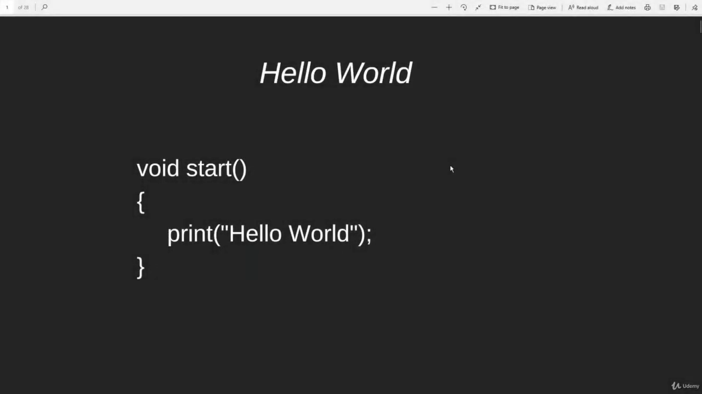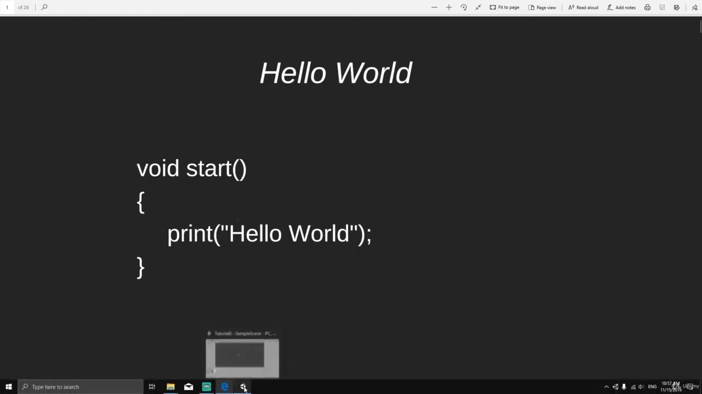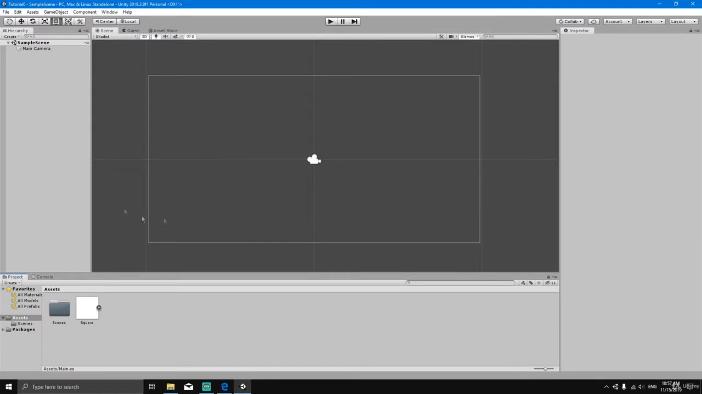Okay, so in this section of the course, I will teach you the basics of C# that you need to start programming and making your own games. So the first thing that we're going to do is type in hello world to the console. To do this, we're going to go to Unity, and inside the Unity editor, we're going to create